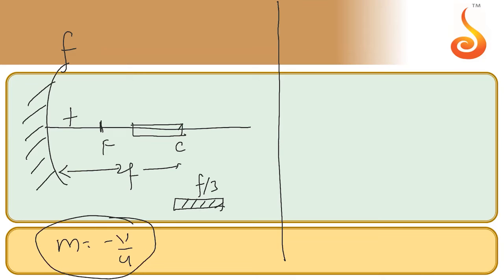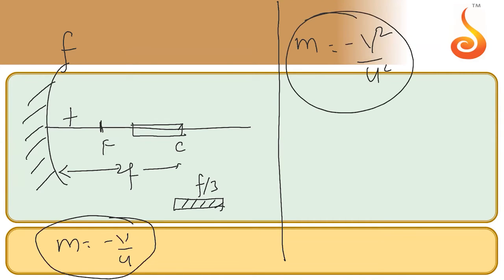So please correct yours. My second question to all of you. While teaching you the curved mirrors, I also wrote down a formula which Mithul is sending to me now. He says, sir, you wrote down the magnification formula is equal to minus v square by u square. But when I was writing this formula, I told you to avoid using it. I hope all of you remember that as well. I said, yes, in the books, you will get a formula of minus v square by u square for along the principal axis. Please avoid this formula.